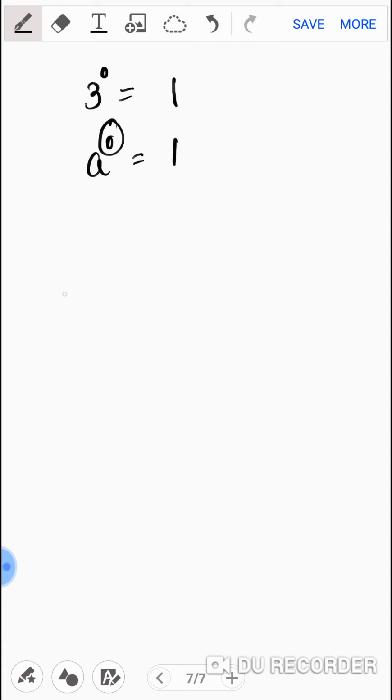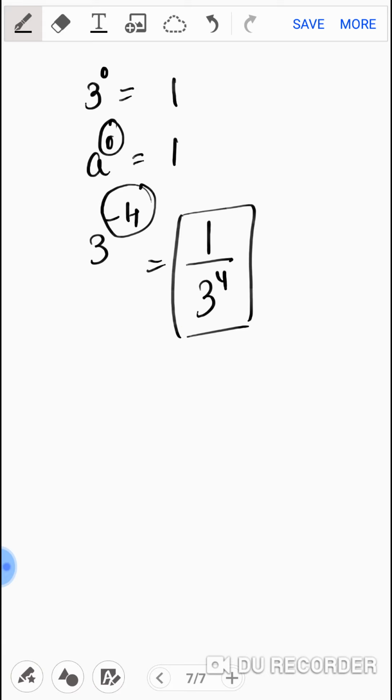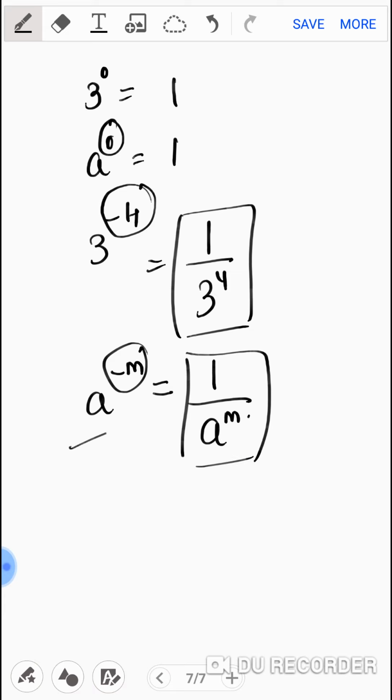Suppose I have a negative exponent, suppose like this. So what will my answer be? To make this positive, I have to reciprocate and write it. Getting my point clear? So if I have a raised to minus m, to make this minus m plus m, I have to reciprocate a and keep it like this. So this will be my answer for this. Getting my point clear? I'll just write down all the laws so that it is clear. Laws of exponents or indices, you can call them.